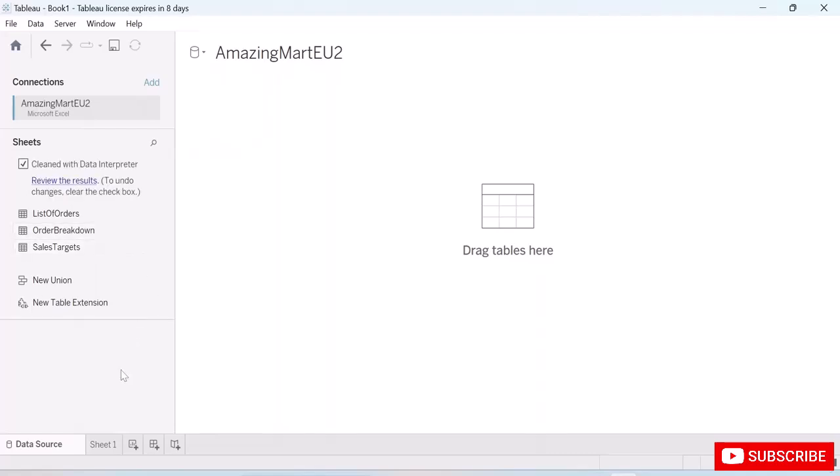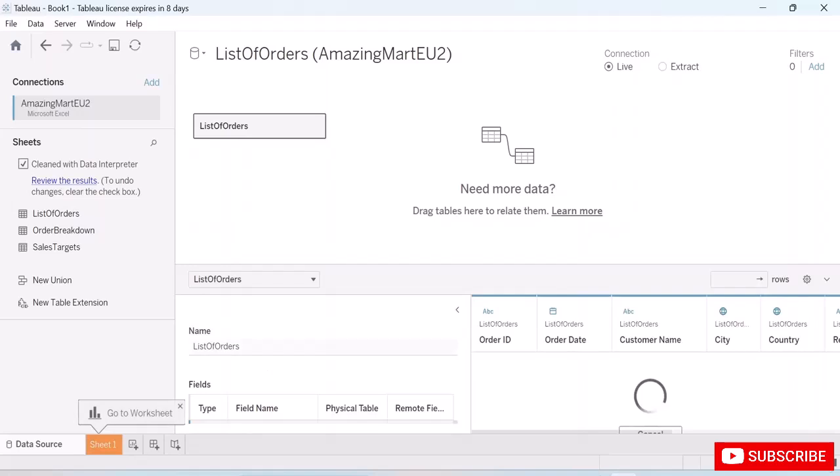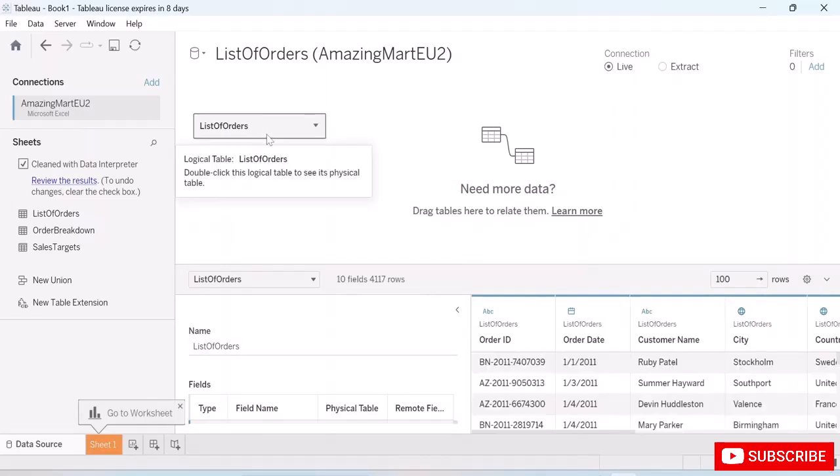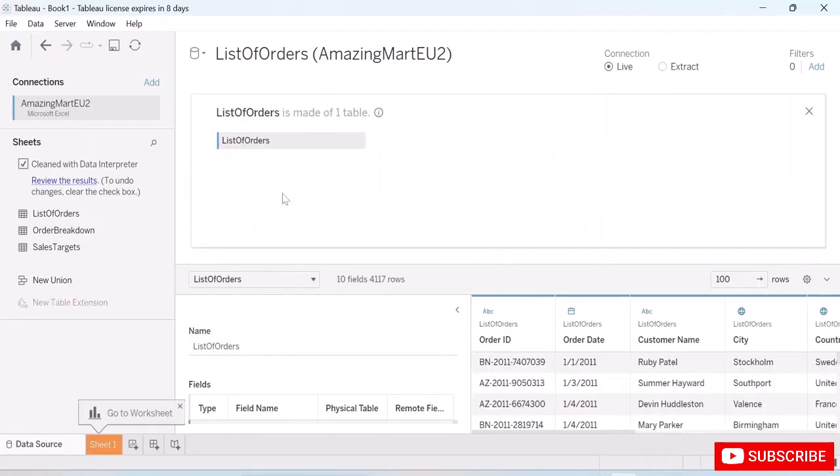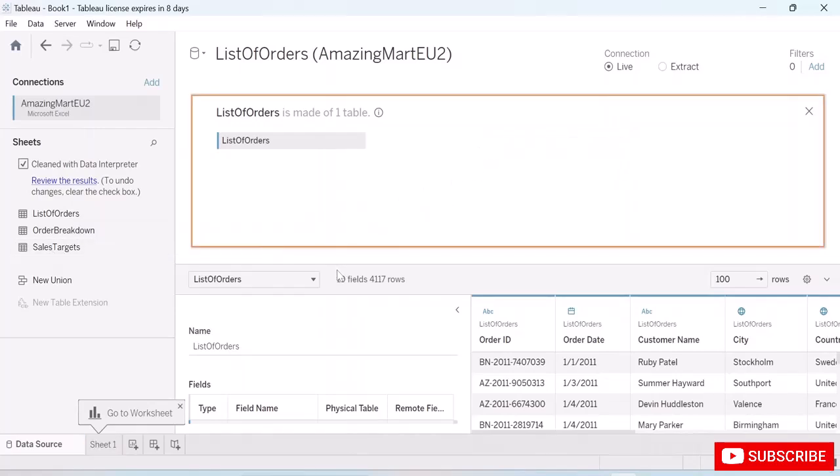For example, if I want to use two tables, let us suppose the list of orders, I'll double click on this. Also I'll take sales targets,